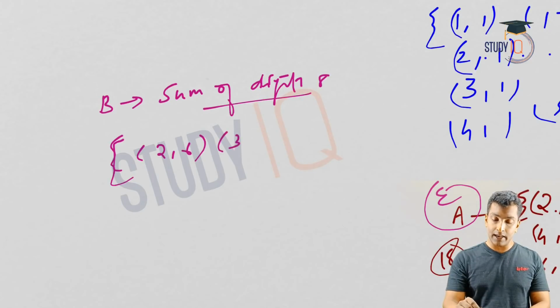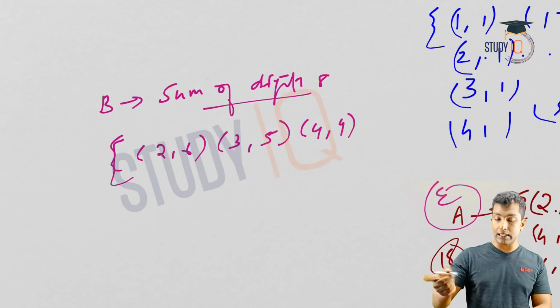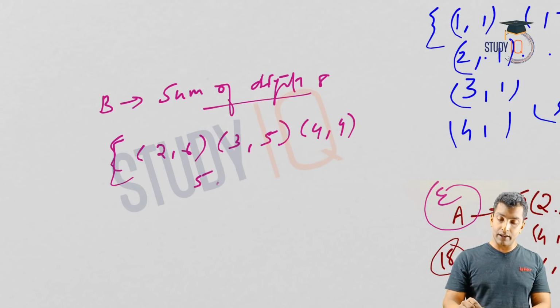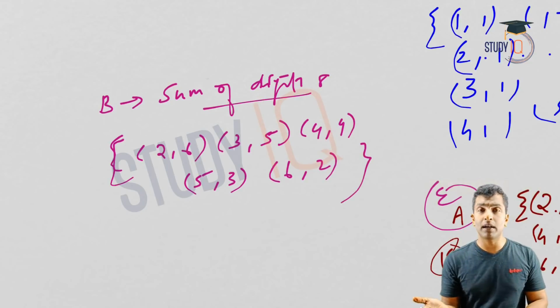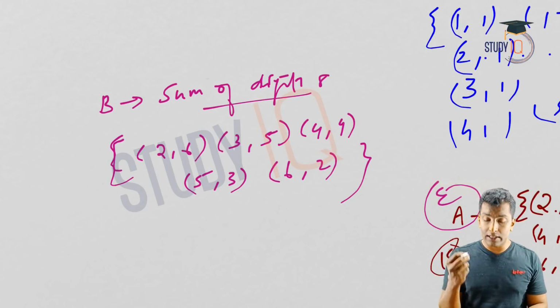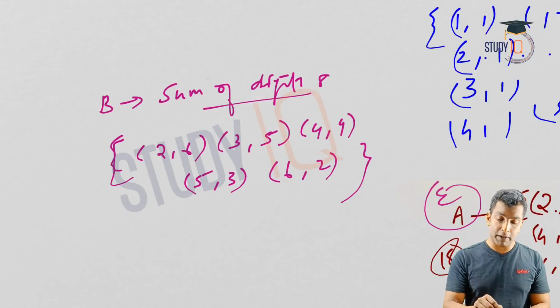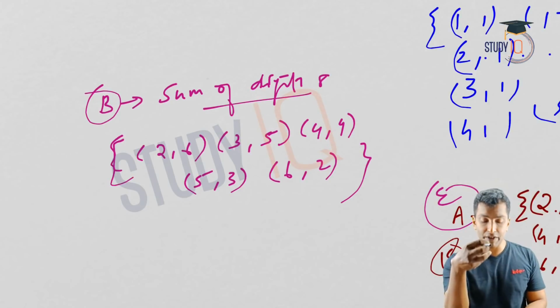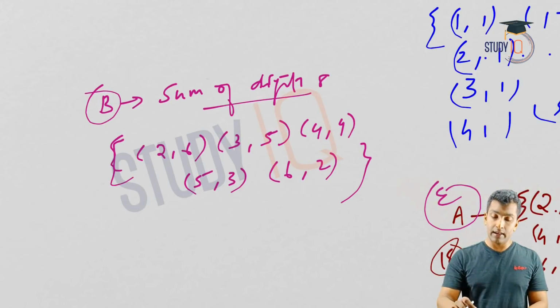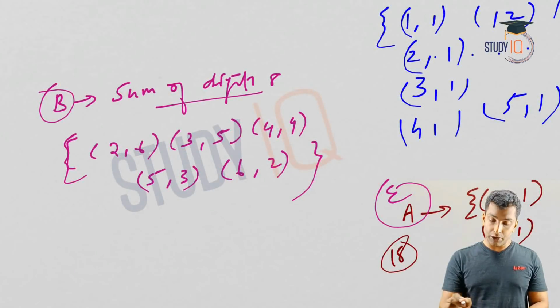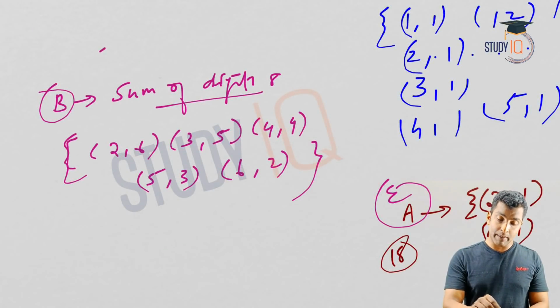If 3 is at this end, it will be 5. If 4 is at this end, you have to get 4 again on the other side. If 5 is at this end, you have to get 3. If 6 is at this end, you have to get 2. So these are the elementary events favorable to B, which is 1, 2, 3, 4, 5. There are 5 elementary events